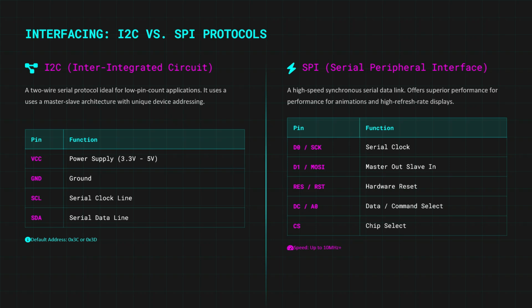The OLED module typically has a default I2C address such as 0x3C or 0x3D, allowing it to communicate with the microcontroller. On the other hand,